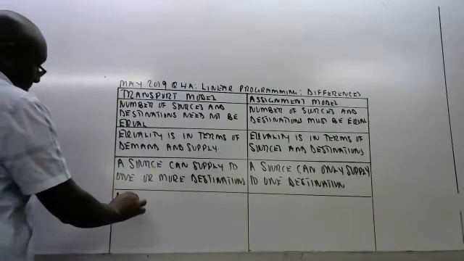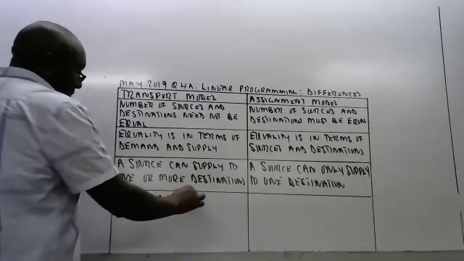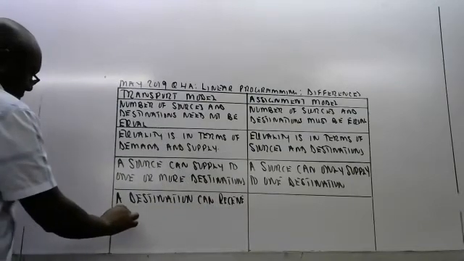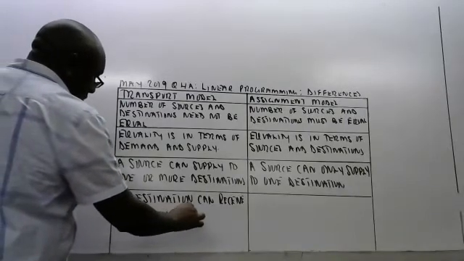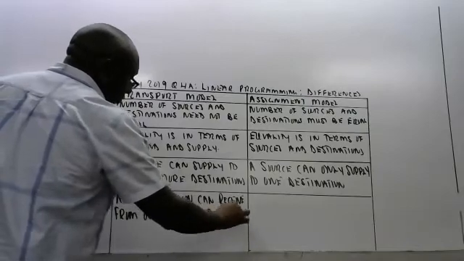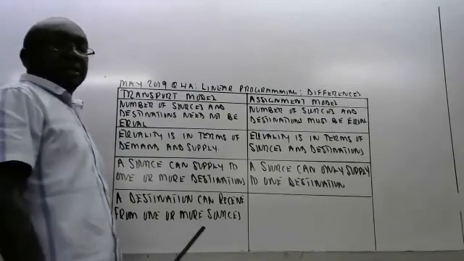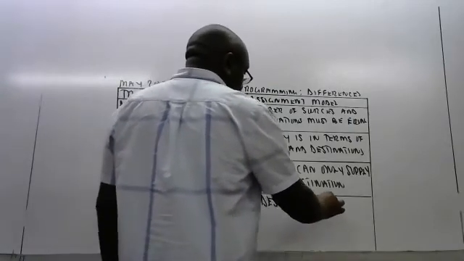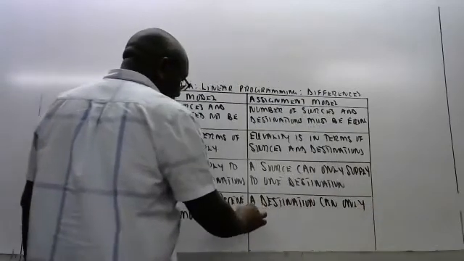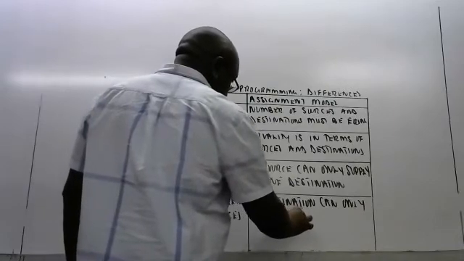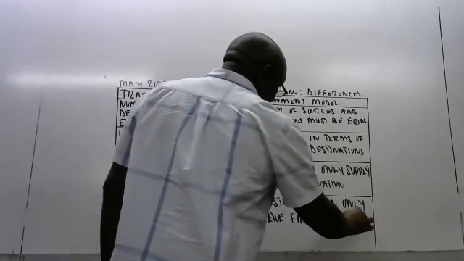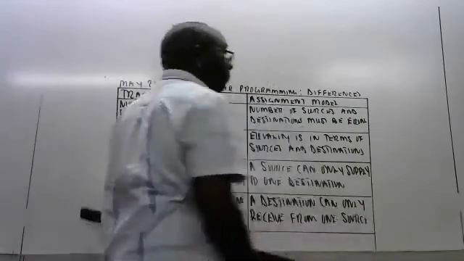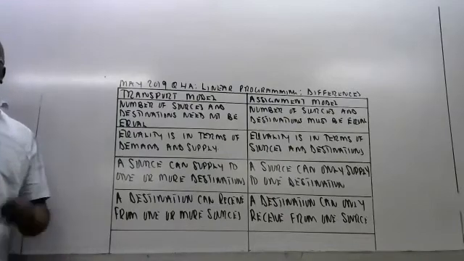Then a destination can receive from one or more sources. But when you're on this side, a destination can only receive from one source. Those are four differences that we can cite about